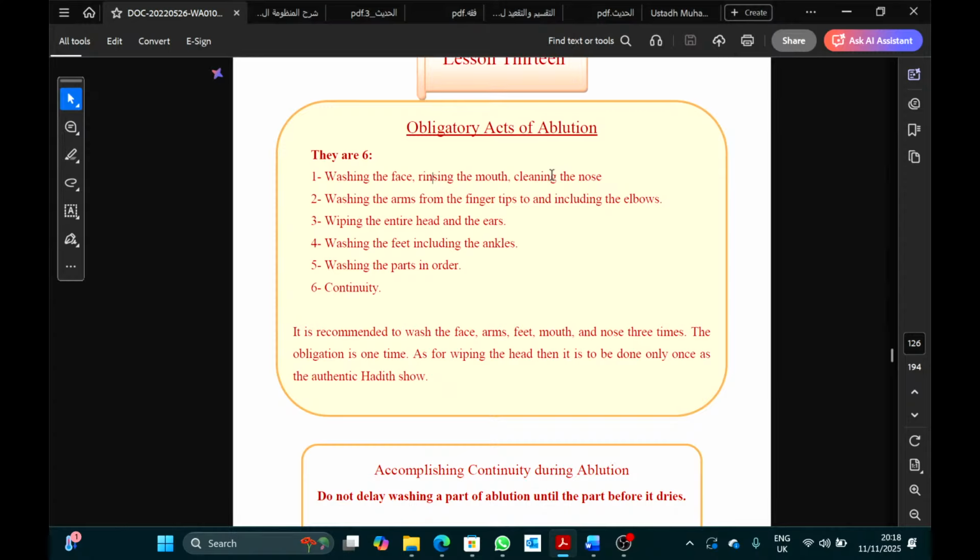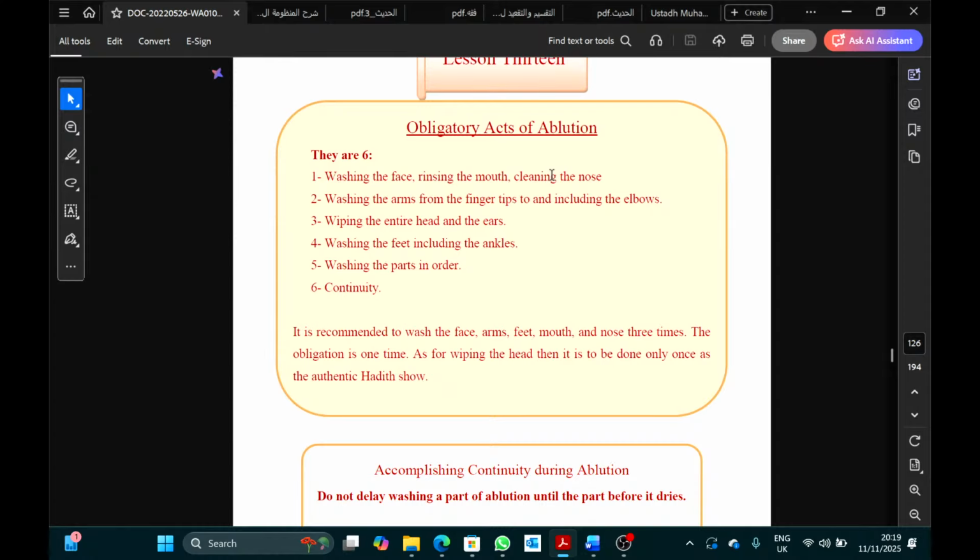Washing the arms from the fingertips. So the ayah says, and your hands. Your hand starts from here. Therefore, you have to make sure you wash your hands from here until and including your elbows. Notice in wudu, you wash your hands twice, in the beginning and over here. The first one is sunnah. The second one is obligatory. So even if you washed it in the beginning, you have to wash it again here. But if you missed out the first one, and you just do the second one, then that's fine, because the second one is the obligation.